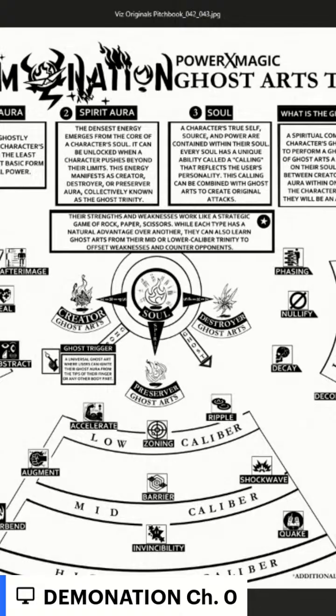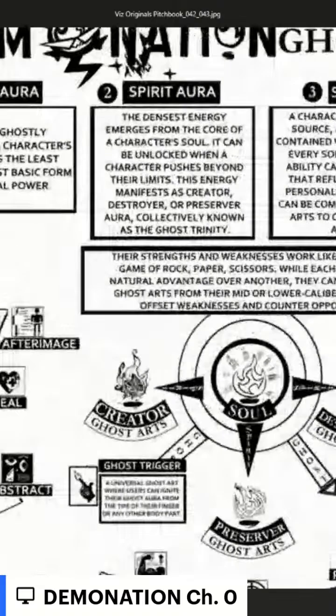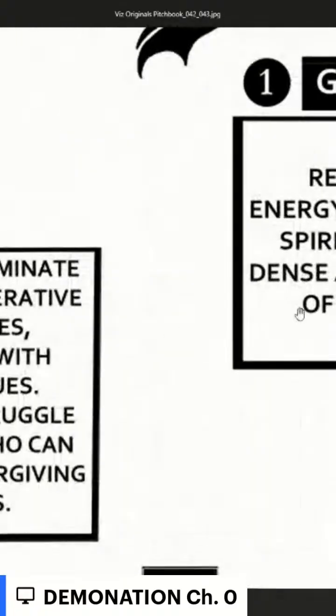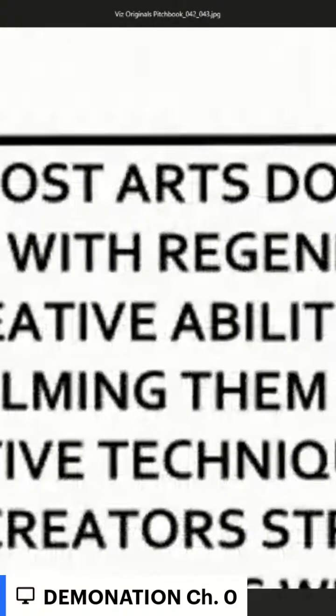Yes, so the way it works is destroyers are weak against preservers. Preservers are weak against creators. Creators are weak against destroyers. And they each are, creators are strong against the preservers. Preservers strong against destroyers. Destroyers strong against creators. The reason it's set up like that is because